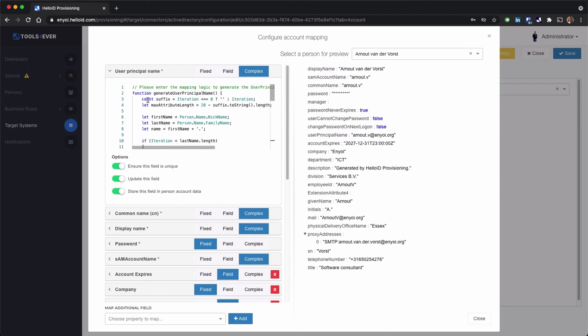The only thing that happens is the iteration. The iteration is a special reserved keyword or variable, as you would say, that is automatically managed by HelloID. So every time this function is called or executed, this one increments in steps of 1. So whenever this function is called initially, it will be 0. So this thing will be 0, and the suffix will be empty as a consequence